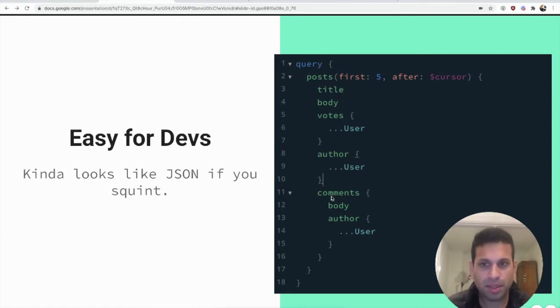Yeah, this is kind of a joke. GraphQL is really familiar territory for front-end developers. It obviously has lots of documentation out there, great clients, and if you squint just right, it looks like JSON or JavaScript. It's in that frame of reference, so it's easy for them to just pick up and run